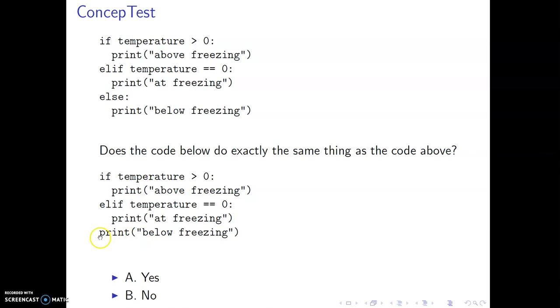By the way, I would put a space here. Maybe that's a little hard to see, but remember we indent, and the indentation is actually